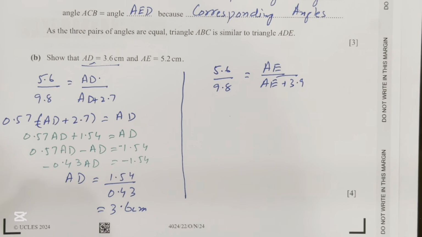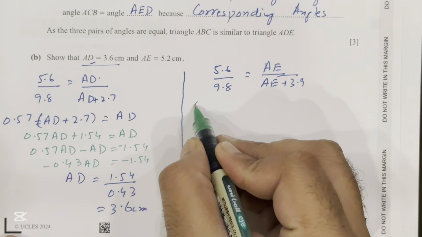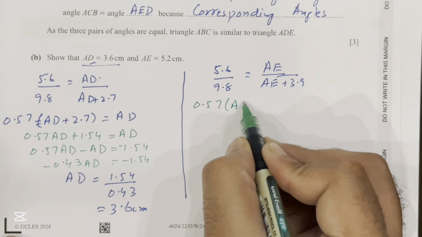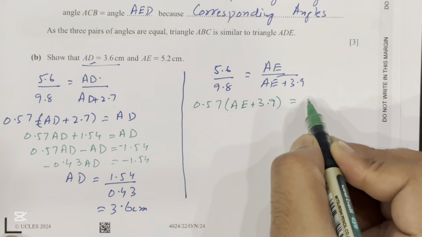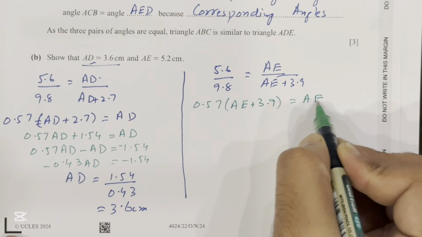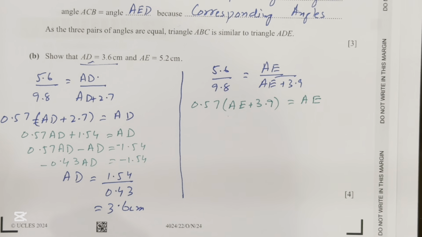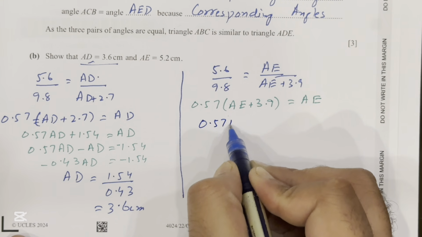That's how we are using this formula. It would be equal to 0.57, then AE plus 3.9, we're going to cross multiply it. 5.6 divided by 9.8 is equal to 0.57. Now you can further solve it. 0.57 AE